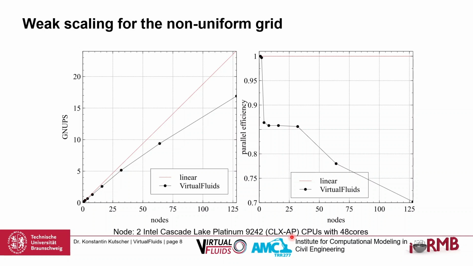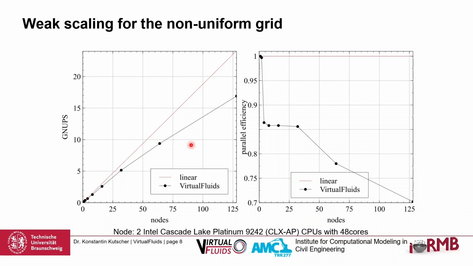So yeah, and you can imagine how many processes it was. Yeah, and in this case we have a non-uniform grid, and you can see the performance. We have some decrease in performance in this case. Yeah, and the reason why this happens here